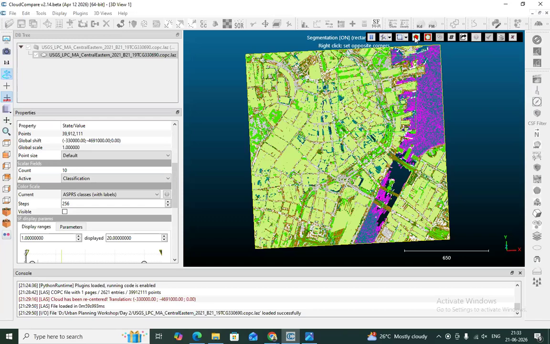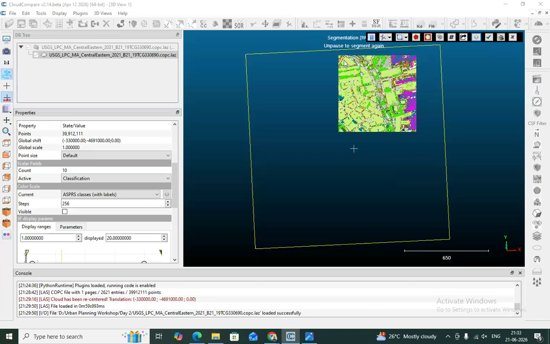Now I have completed drawing the boundary. Then I click on this option, segment in. When you click on segment in, it only takes this part, cutting out this part. When you are satisfied with your small part of the study area, you click on this tick icon, confirm segmentation.